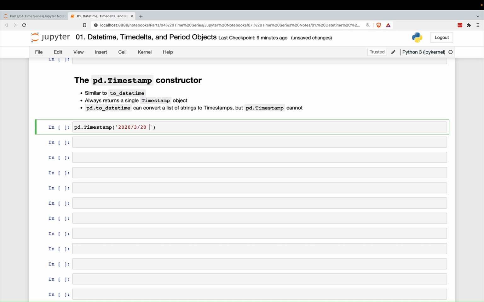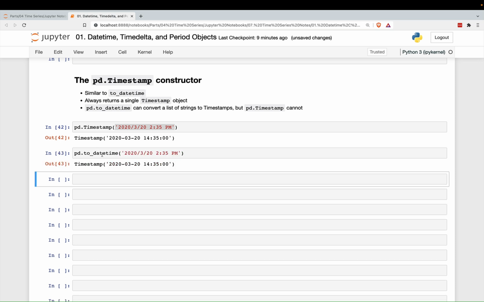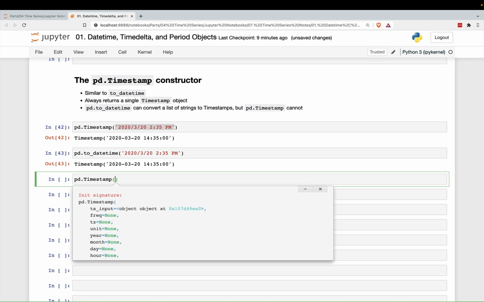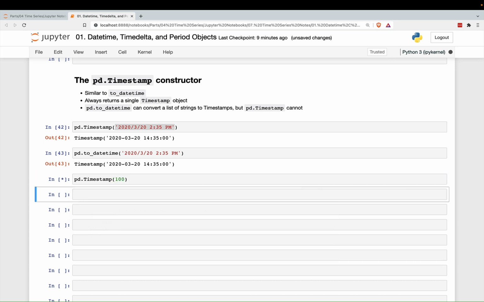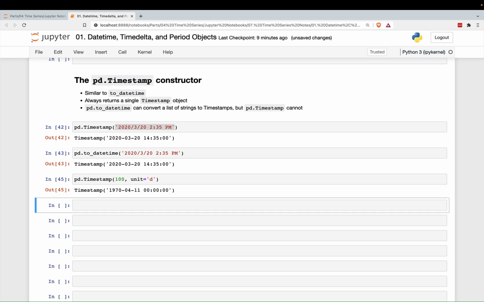so March 20th at 2:35 p.m., it will produce the same thing as pd.toDateTime, like this. It also works if you just put in some number like 100, as we saw before. There's a unit. So the main difference is that